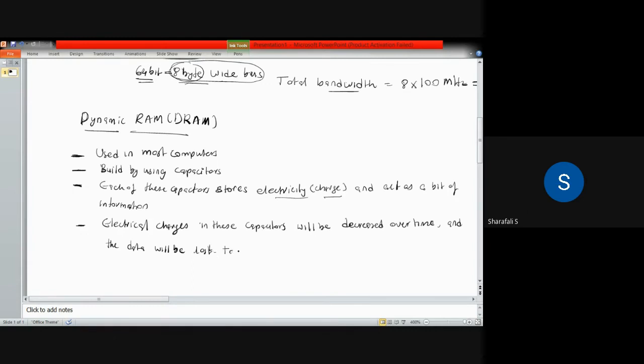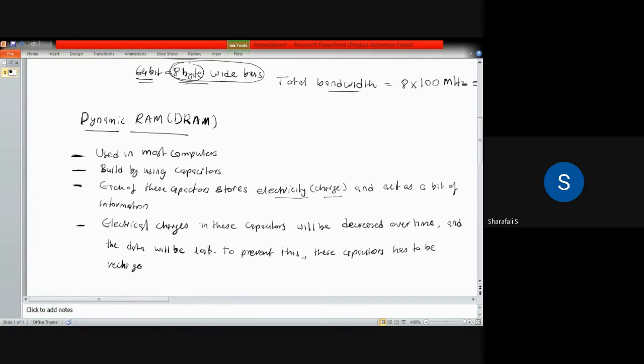To prevent this, these capacitors have to be recharged,